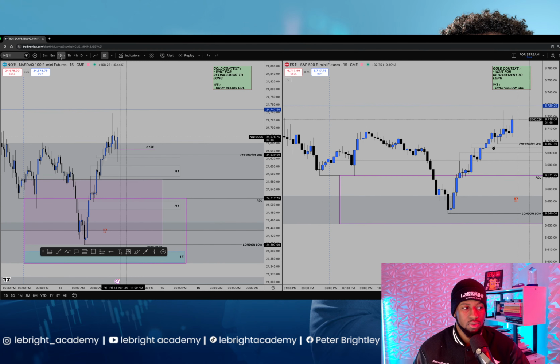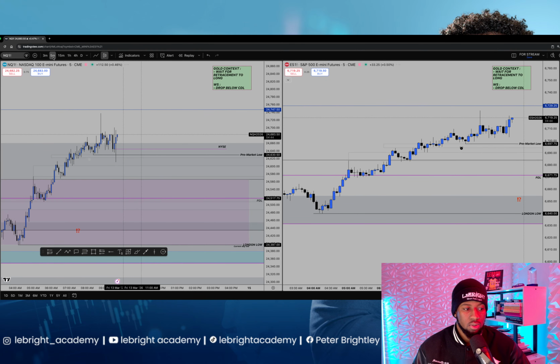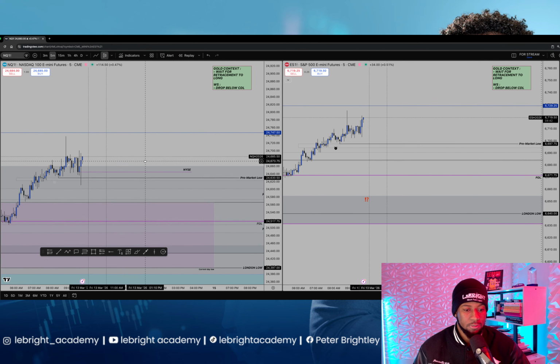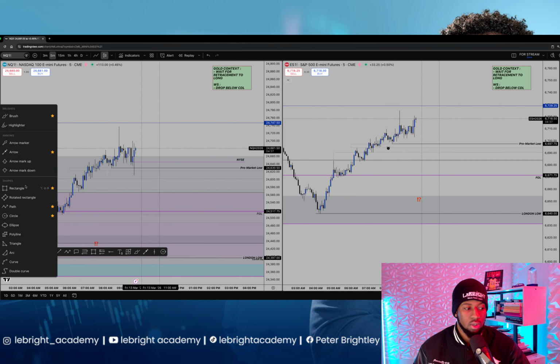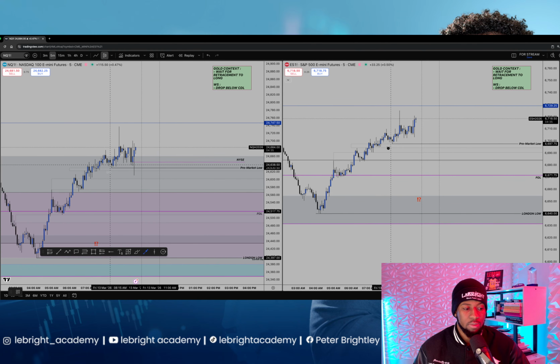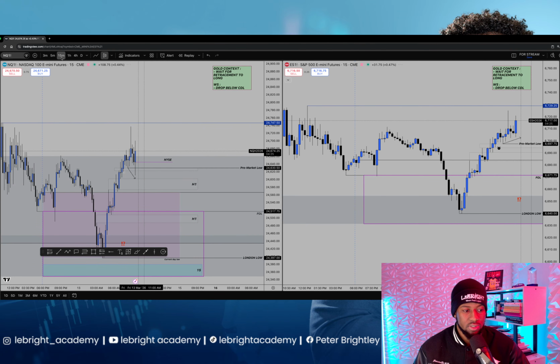All right. So yeah, that looks like we're gonna have a divergence right there. But the timing is off. Okay, I don't like the timing. It's not even 9:45 yet. I don't appreciate the timing right now.